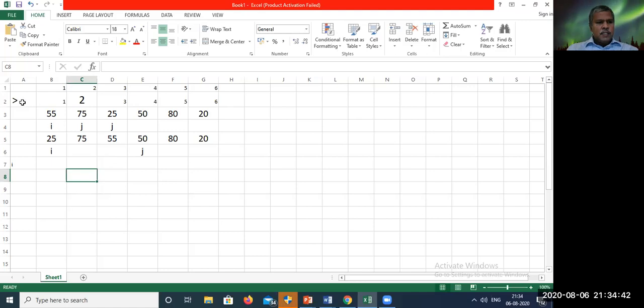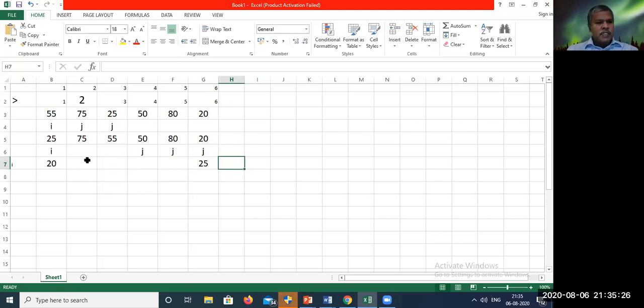Now I am checking the less than condition. My condition is false. So I have to check the next element. 80 is checked with 25. Now also the condition is false. So I will move J to the last position. Now the condition is true. True means I have to swap the elements 20 and 25. This is my first iteration. The first iteration is over. J cannot move further.